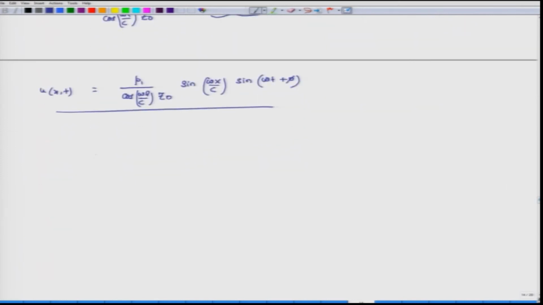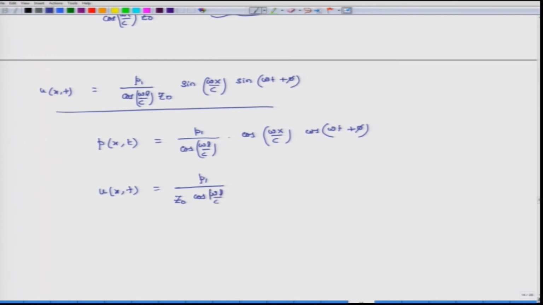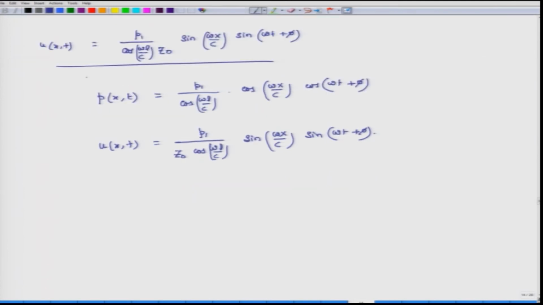So, eventually let us summarize. The expression for pressure is P1 by cosine omega L over c, times cosine omega x over c, times cosine omega t plus phi, and velocity is P1 divided by z naught cosine omega L over c, times sine omega x over c, times sine omega t plus phi. So, these are the expressions